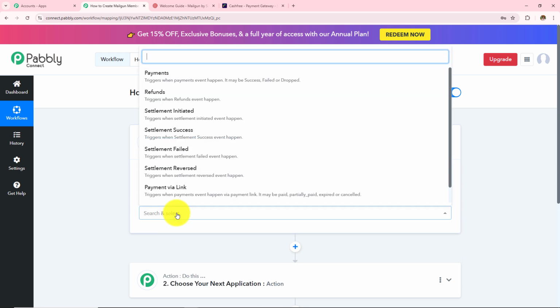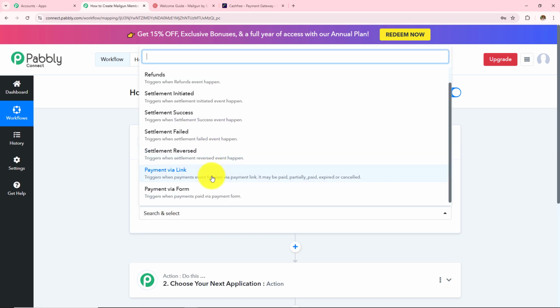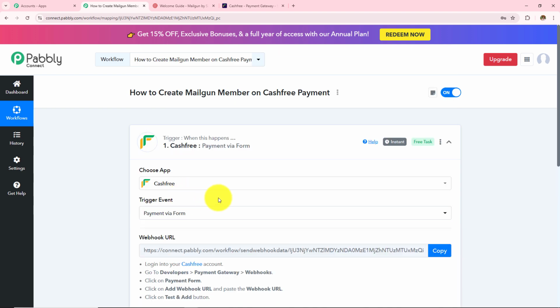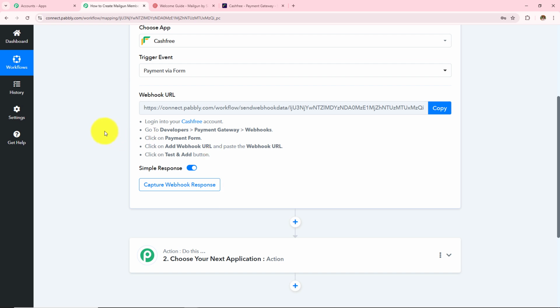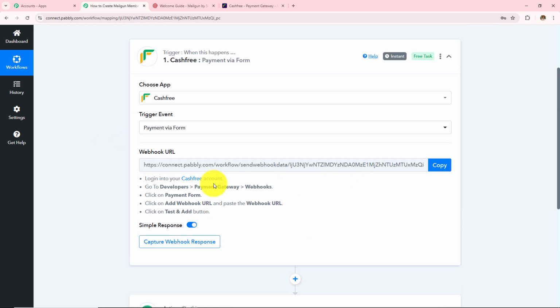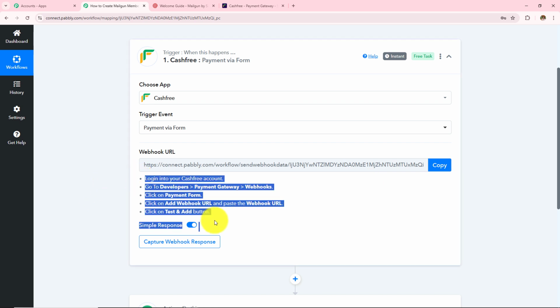And then in my trigger event, as I will be doing the payment via form, I'll select this. Now I have to make a connection between Cashfree and Pabbly Connect, for which a webhook URL is provided to me, and this webhook URL is going to act as a bridge to connect my Cashfree with Pabbly Connect. So reading this help desk, I am going to make this connection, and to make this connection, let me open